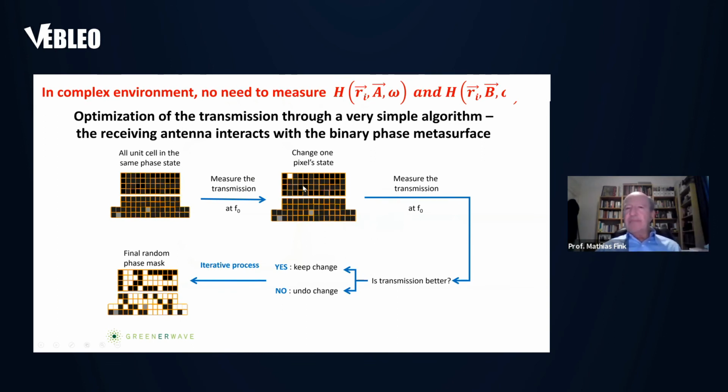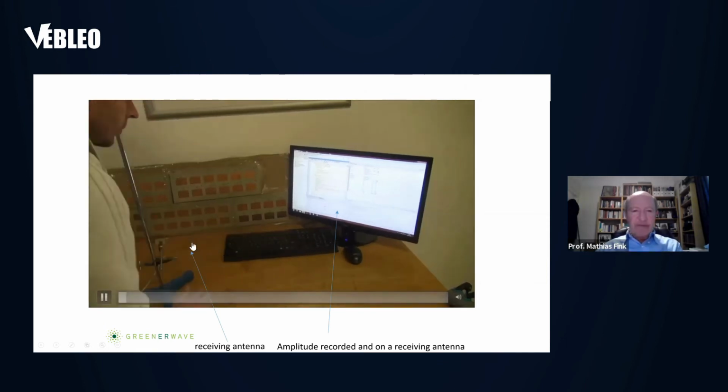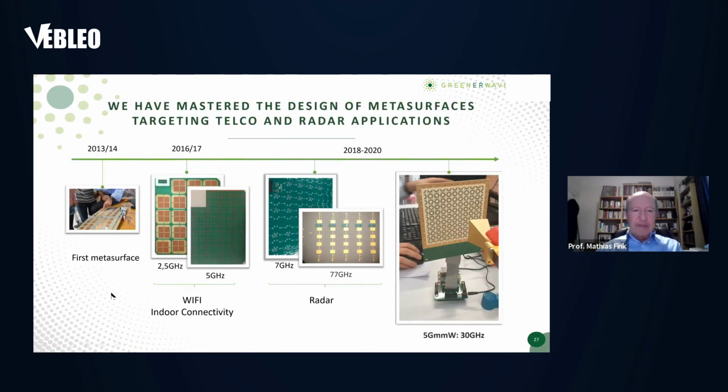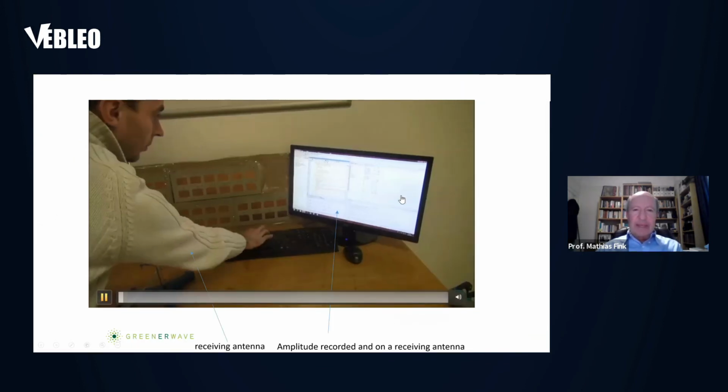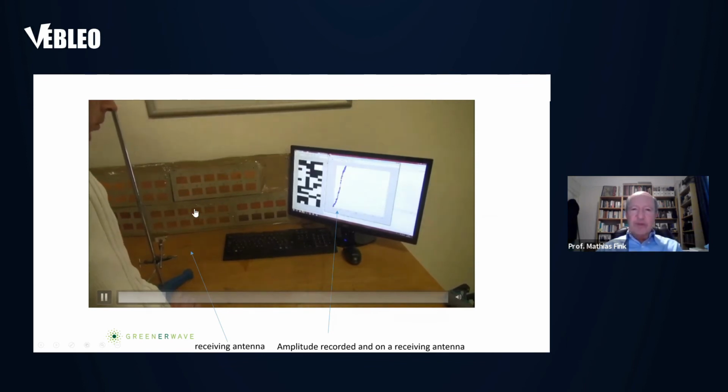It is too much, because the spatial correlation of the wave field is λ/2 in a room. You can try a small number of configurations, and the system learns how to focus on your smartphone. Here, you have your mirror, and you will have an antenna here, and you look at what is the level of signal you have, and you change the configuration here. This is the pattern that you have.